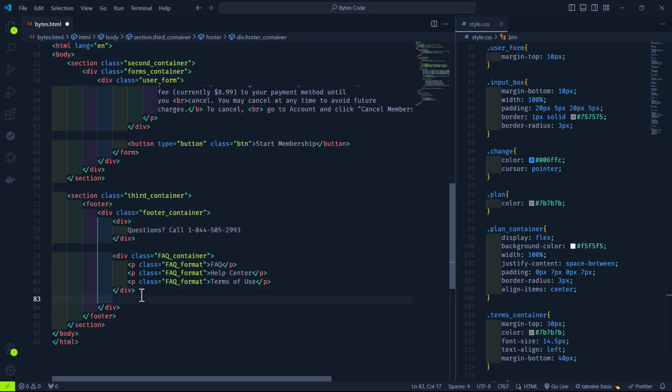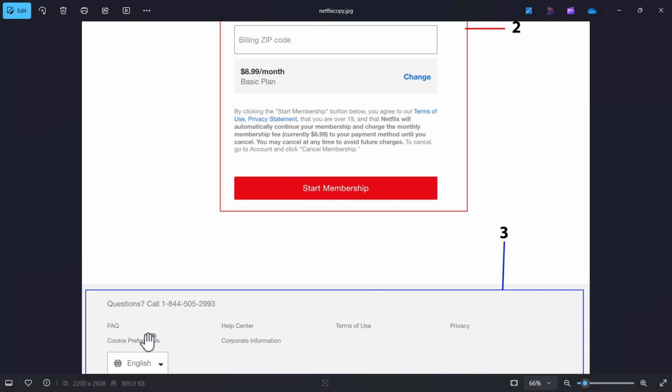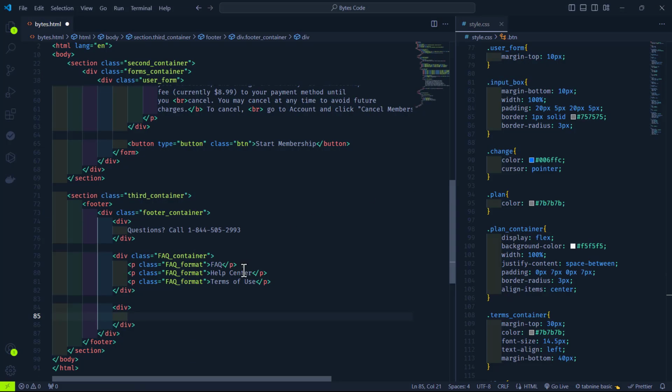Okay, and create another container. And inside this container, I have the second paragraph element. So 1, 2, the cookie preferences and the corporate information. So let's do that. So P times 2 with a class of FAQ. This one a different name style. FAQ style. Alright. So the first one has a cookie